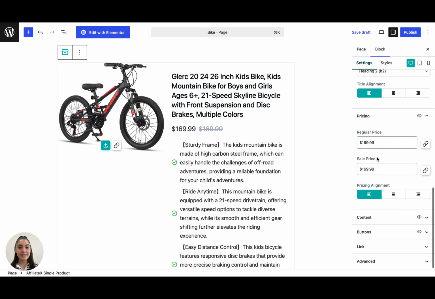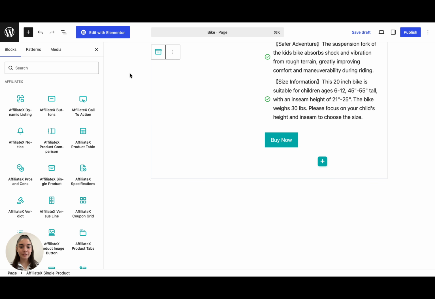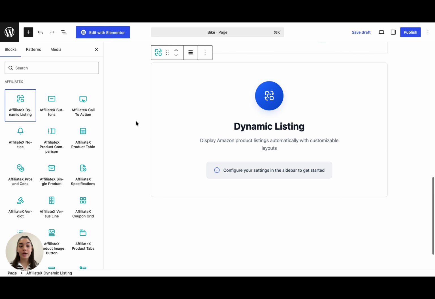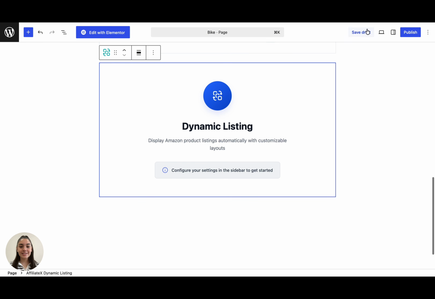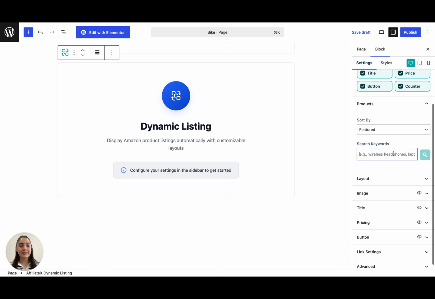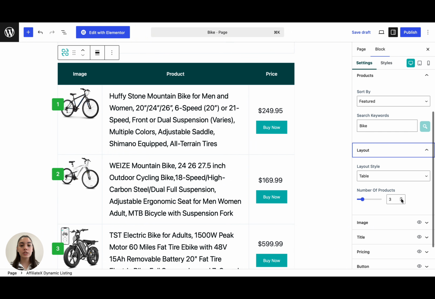With just a few clicks, the product is ready to be displayed using the automatically imported information directly from Amazon. Another powerful feature is the dynamic listing block. Instead of adding products one at a time, Affiliate X can automatically generate product collections based on your selected search criteria. Simply enter a keyword, choose how the product should be sorted, and specify how many products you want to